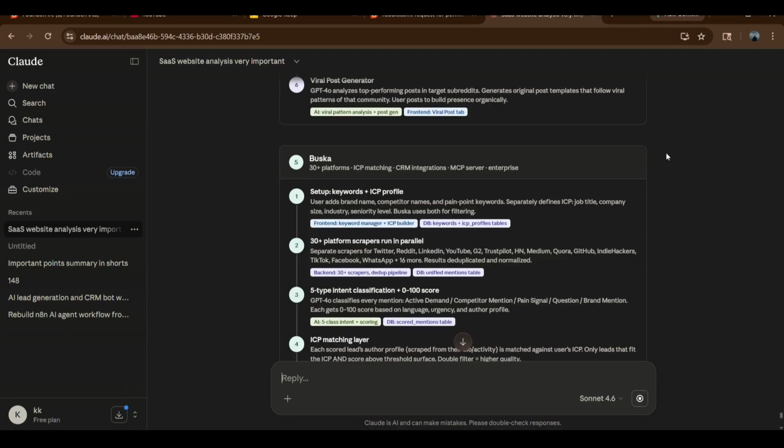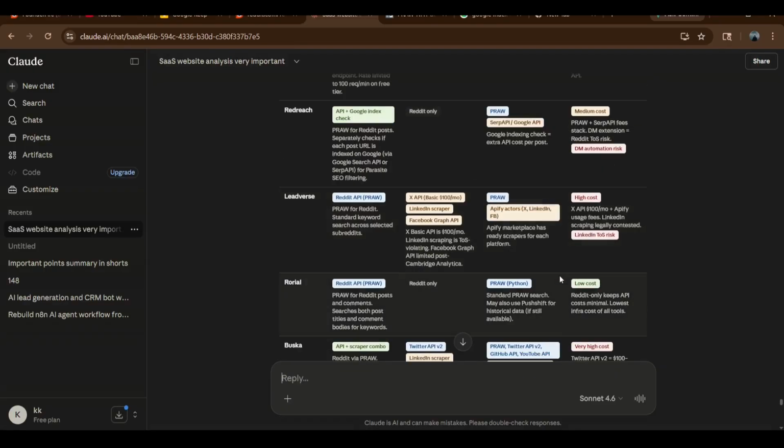After that I opened Claude, where we had already scraped the complete information on our competitors. I pasted it and we analyzed how the structure works, to implement in our SaaS, and how they scrape, so I get a better understanding.